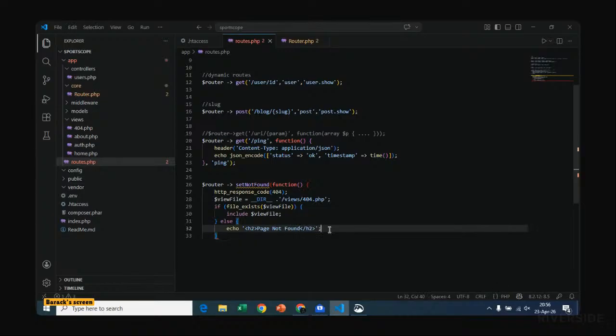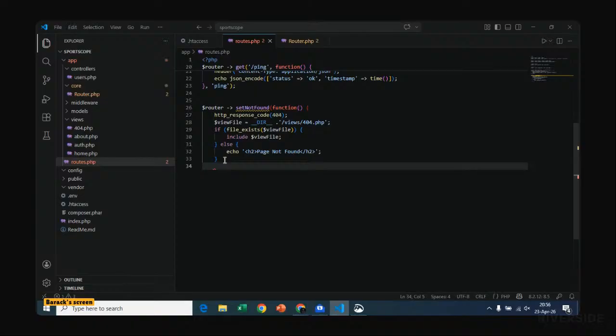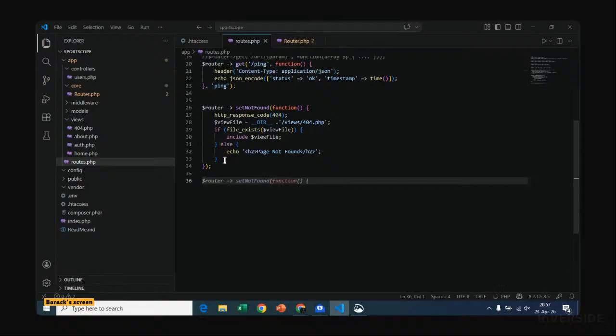That's a little cleaner and shorter. Okay, there should be something to totally close this. Good.